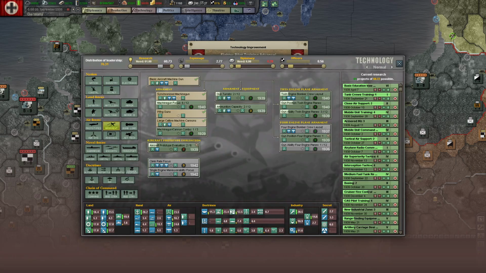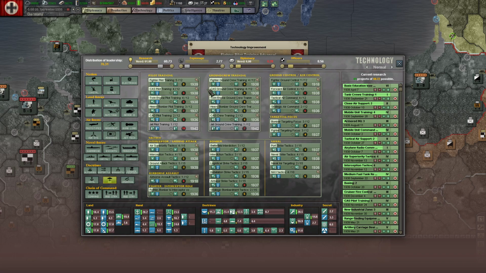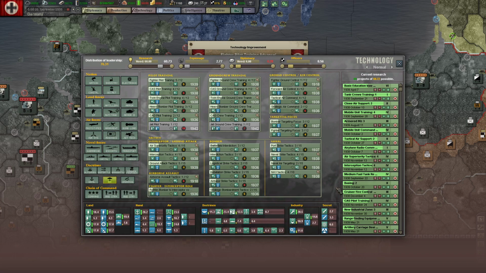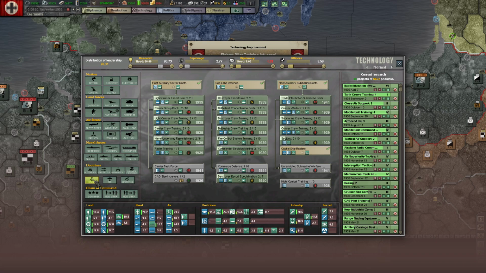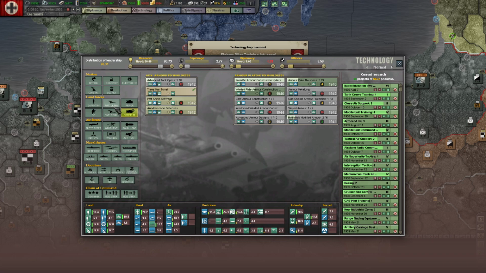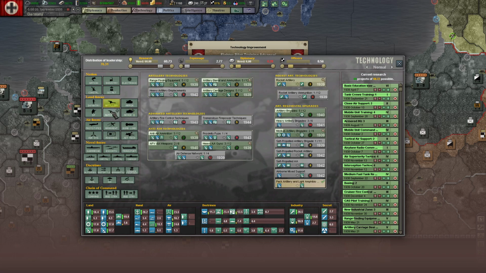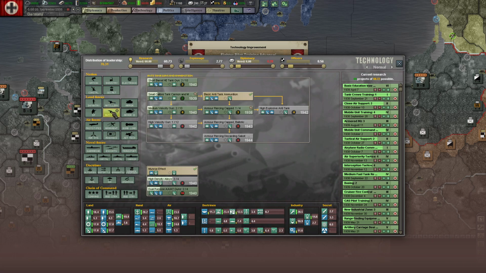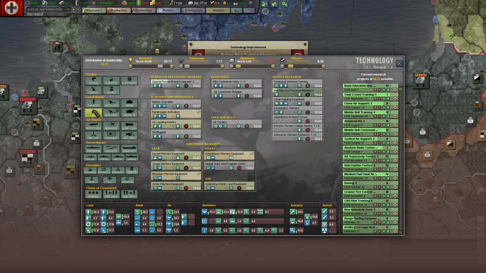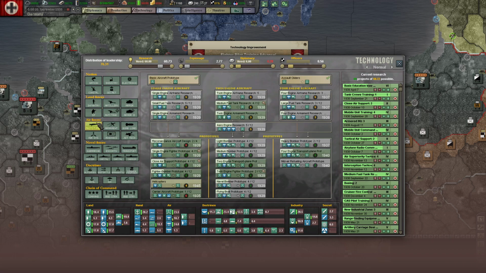Fighter pilot training is advanced, very nice. Now them fighter pilots know how to pilot fighters. Yeah, mostly just '39 already. Okay, well,